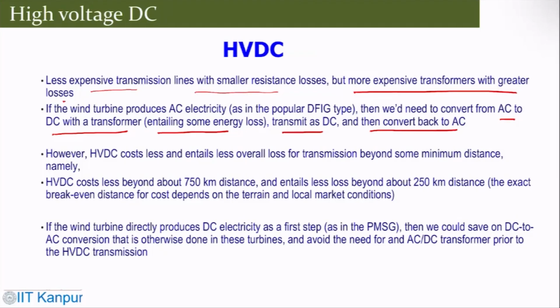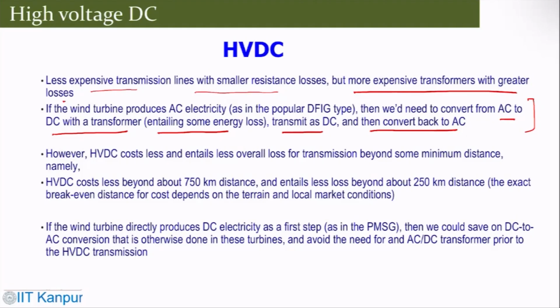That means my turbine is producing AC. Then I have to convert that to DC for transmission purposes, because the transmission is direct voltage, direct current. And then again, I have to convert back to AC for regular or common use. So this conversion process will definitely add to some of the losses that you encounter. And any loss, as I've said, is going to hit your overall power output.